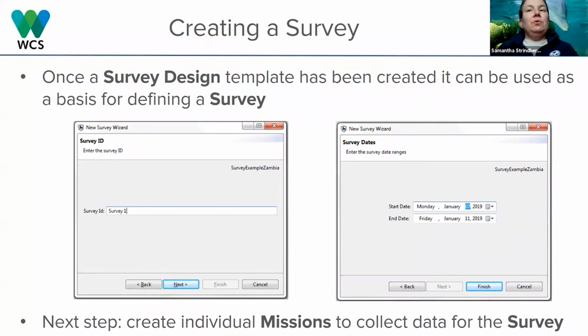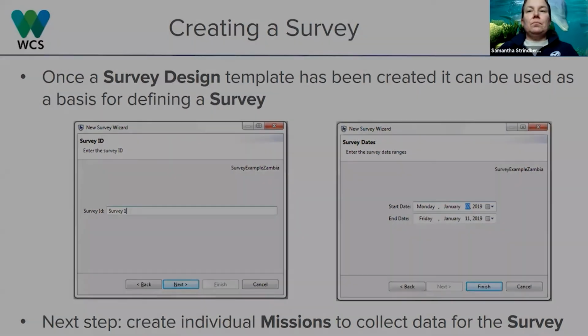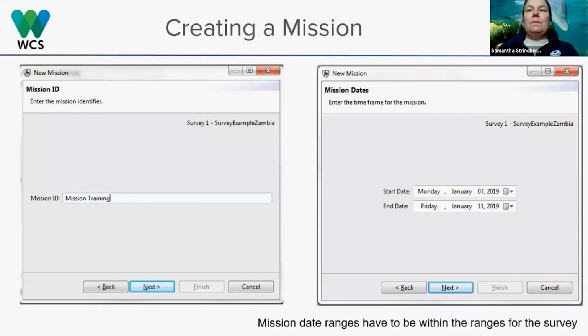So first you would then give the new survey a name and define survey date ranges. And finally, once you define the set of one or more missions associated with the survey, again, giving each a name and a date range that fall within the survey dates you defined earlier. And once you've done all that,